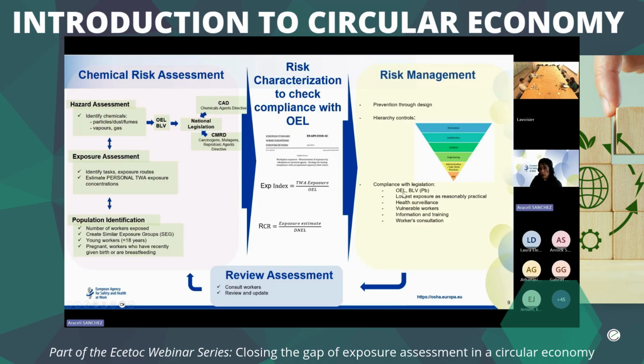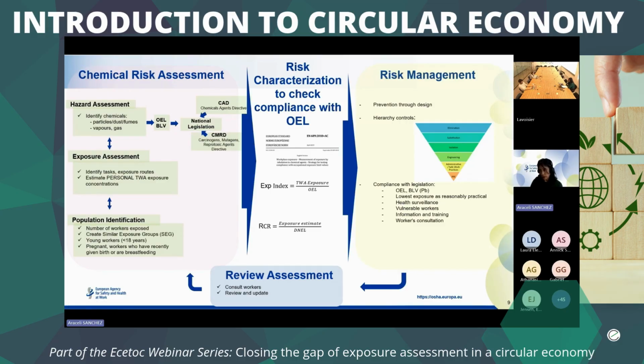And then, obviously, it is very important to make sure that you comply with the occupational exposure limit and the biological limit values. And legislation indicates that compliance doesn't consist only of being below these limits,